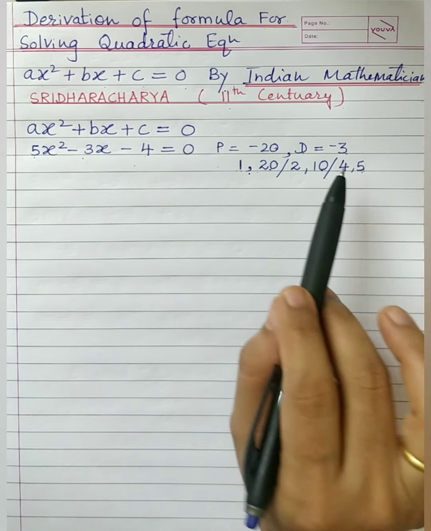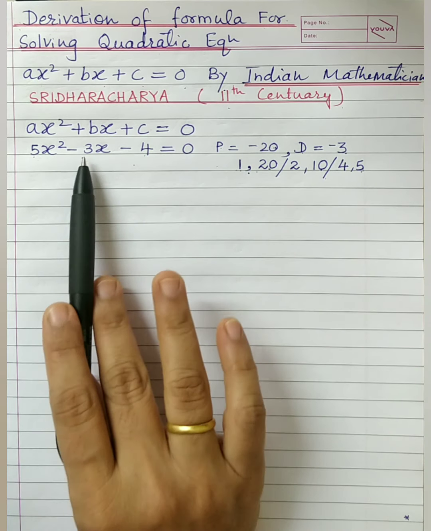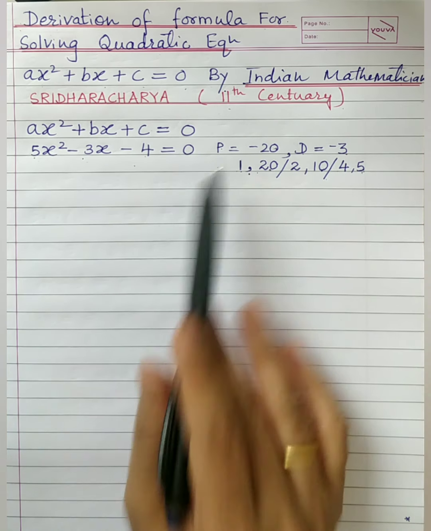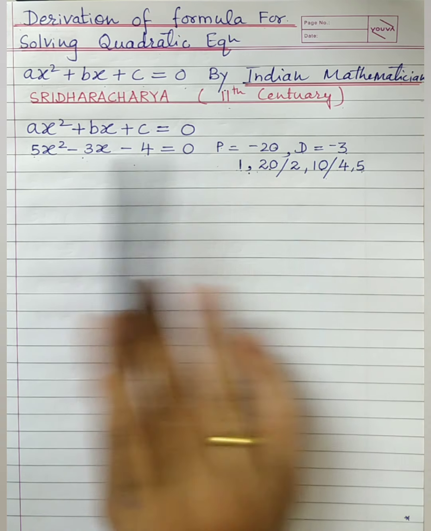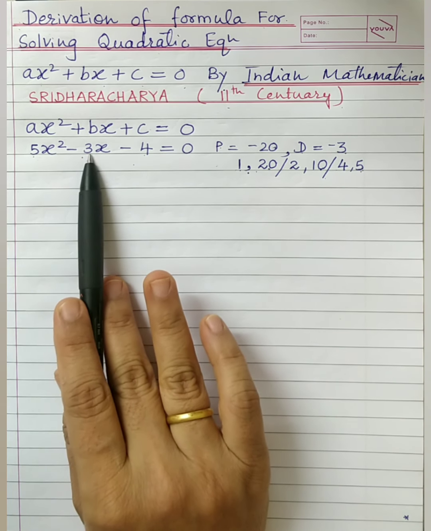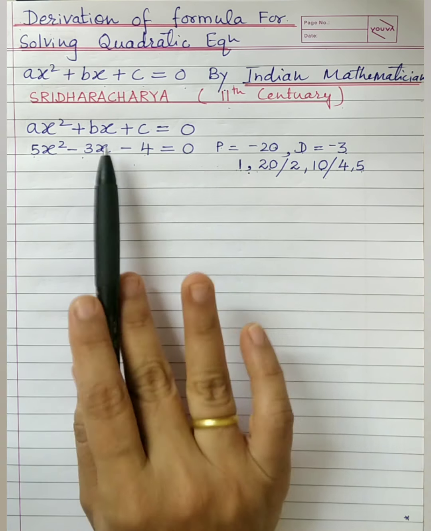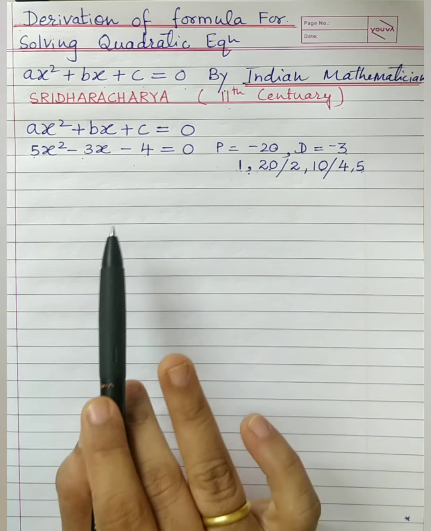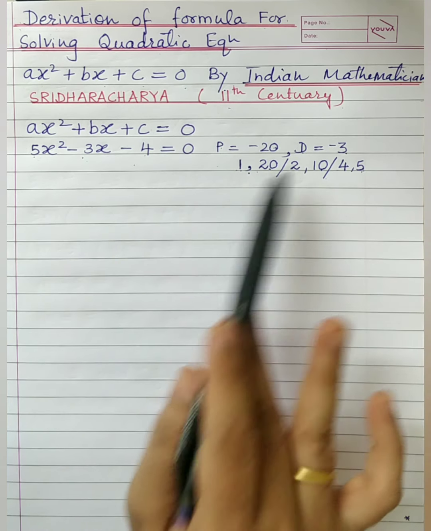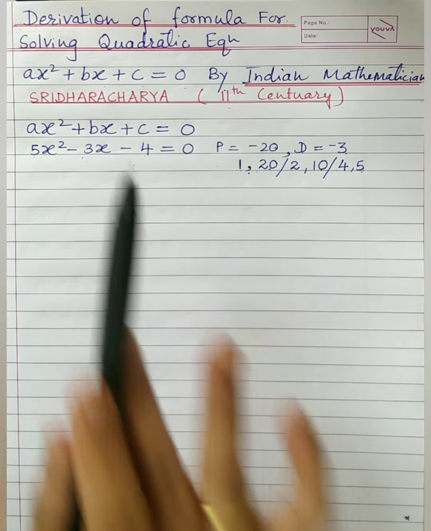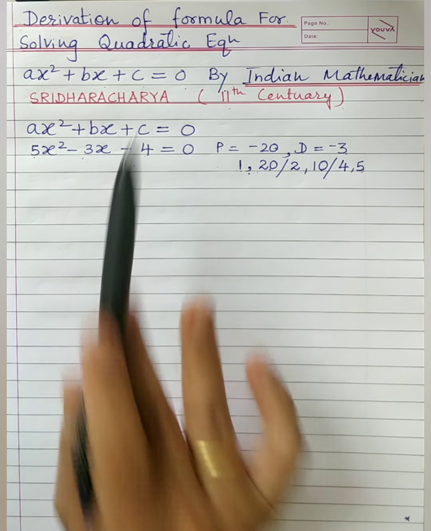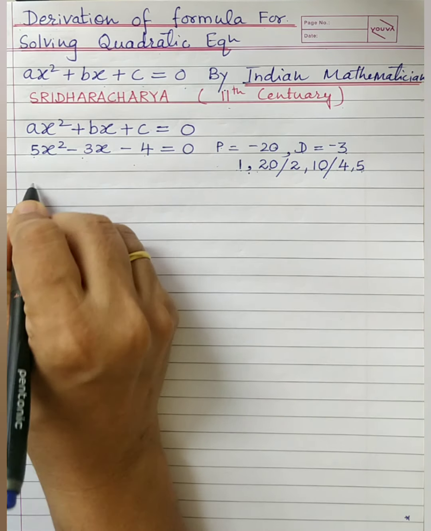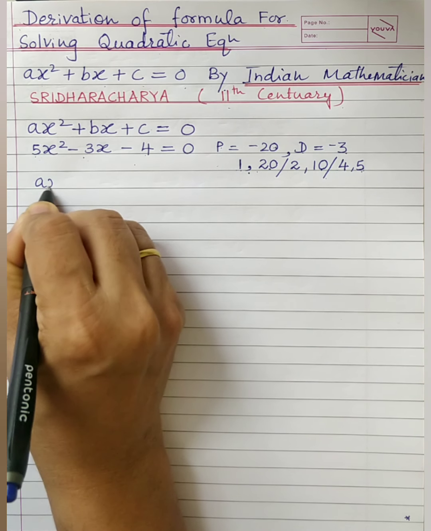Clear? Now does it mean that this quadratic equation will not have any solution? Definitely not. This equation will have a solution. So to solve this kind of quadratic equation where the factorization method does not work, we use the formula for which I am going to show you the proof. In today's lesson I will show you how Sridharacharya derived the formula, and from the next class onward we will see its application.